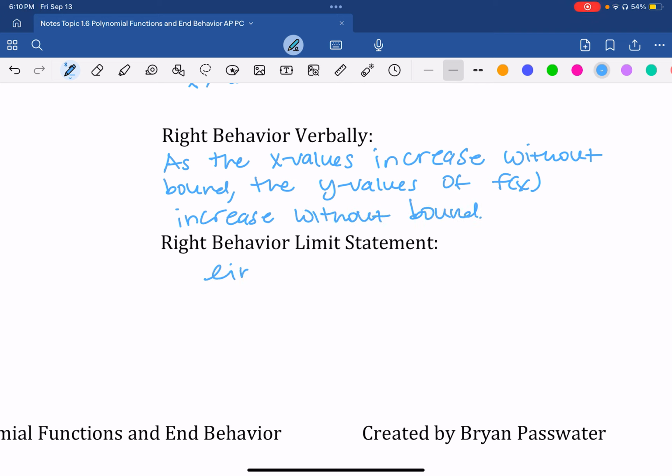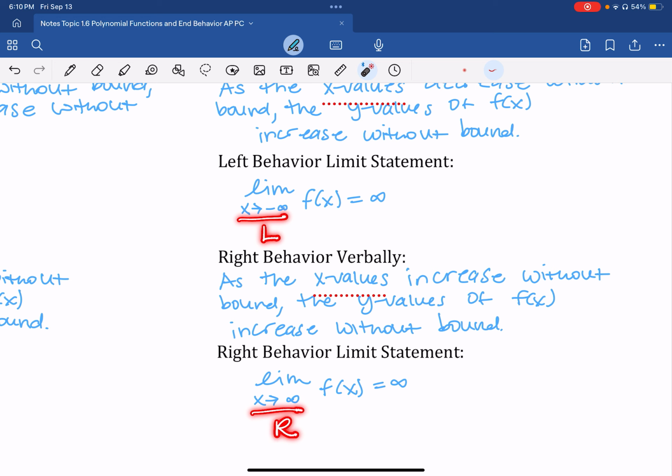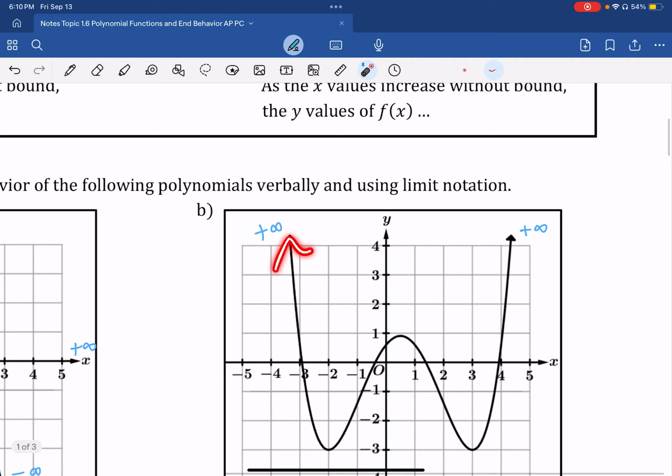For the limit notation, it would be the limit as x approaches positive infinity, f of x is equal to positive infinity, okay? So notice, x approaches negative infinity is the left side, x approaches positive infinity is the right side, but both of them were positive infinity because both the left and the right went up to positive infinity,